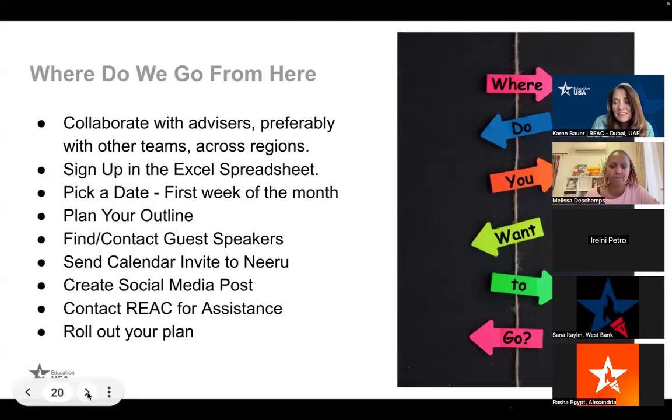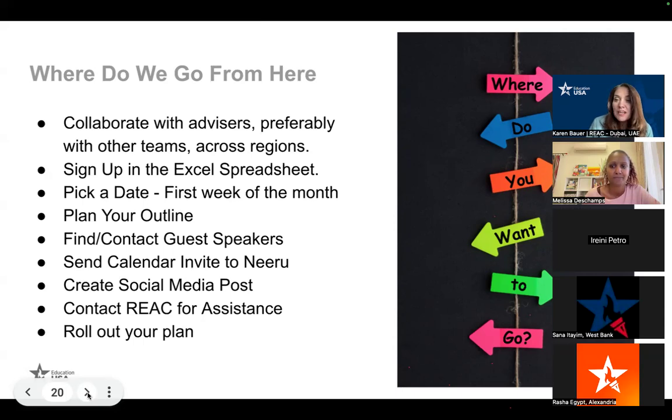I'll note, I think it's a given, but just to reiterate, these presentations are for students. So once the presentations would be organized, then they would be given to prospective students interested in those specific topics, and it would be covered across the region. So think about who you'd like to collaborate with and also what topic resonates with you.